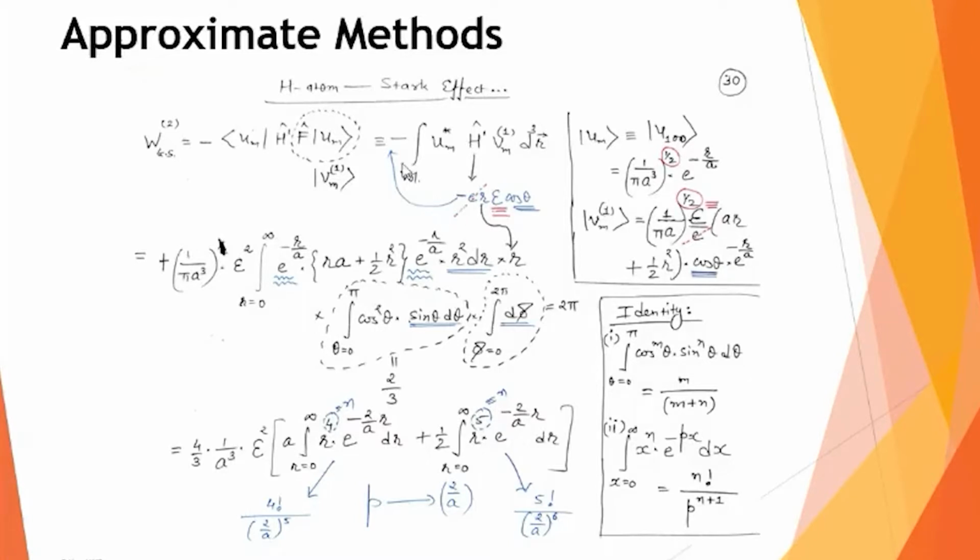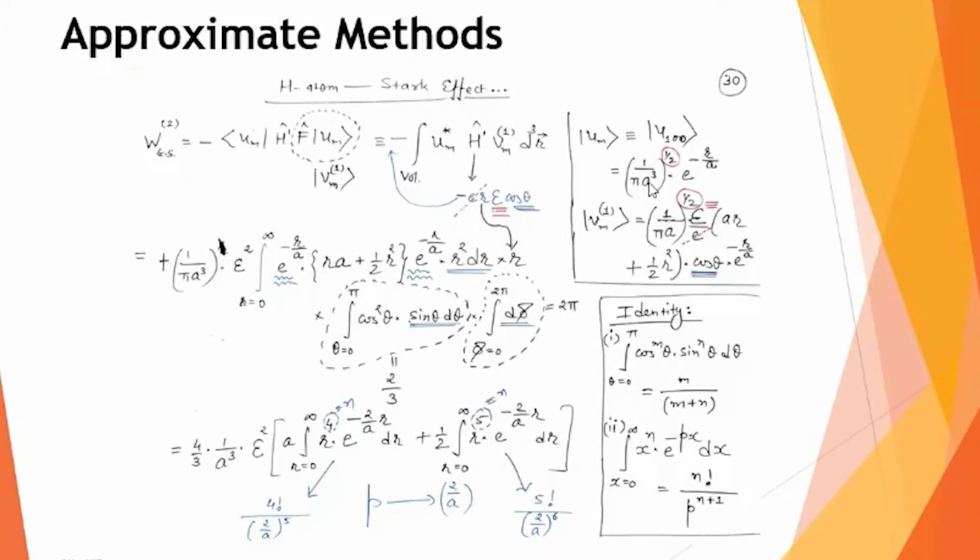I'm taking this minus sign outside, so minus minus will be plus, small e which is due to the H dash term, and small e which is coming from this V m1. Don't forget this part, the balloon part where my cursor is moving, f u is V m1. So when I put this equation for V m1, this small e and this small e will cancel out. This half power when multiplied together will give the full power. This cos theta and cos theta, which I have tried to write with a blue underline, will make cos square theta. This capital E, the strength of electric field, which is a constant term, I can write outside. So as this factor 1 upon pi a raised to cube.